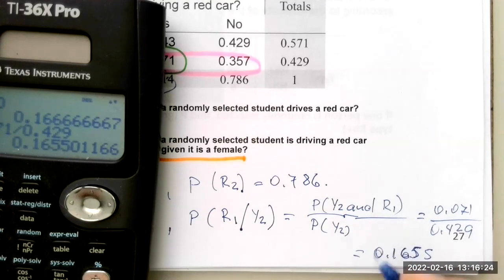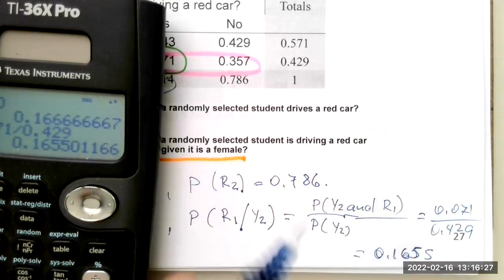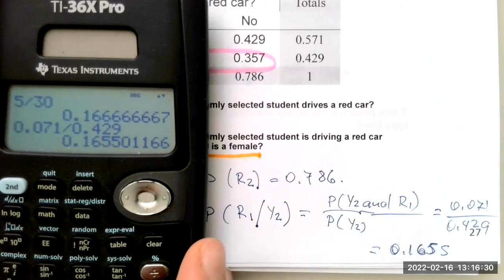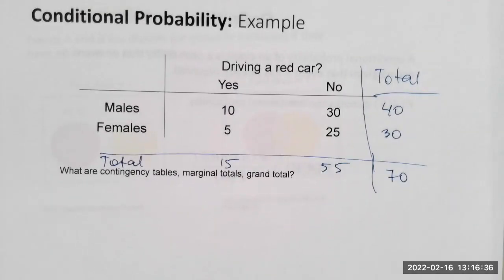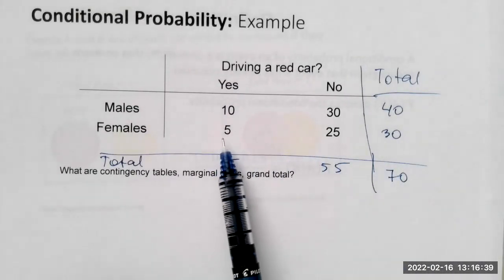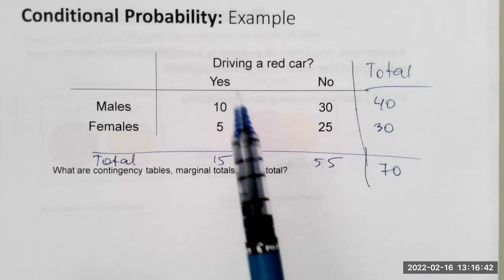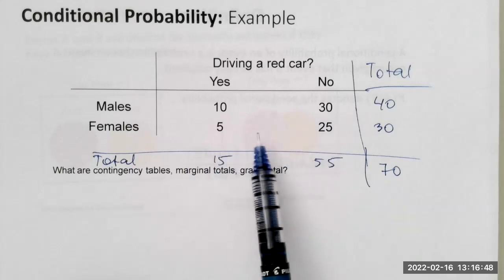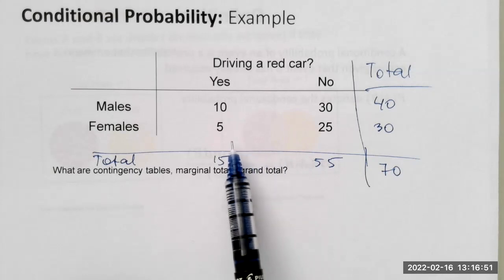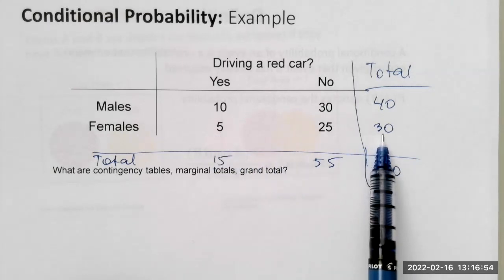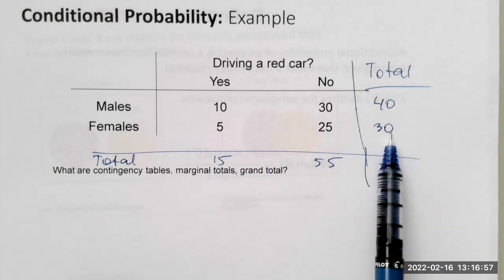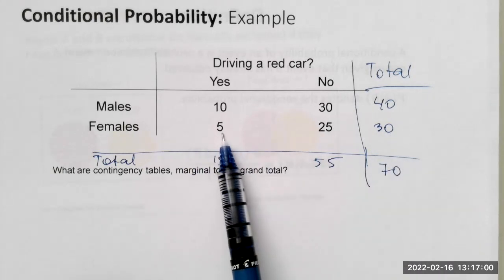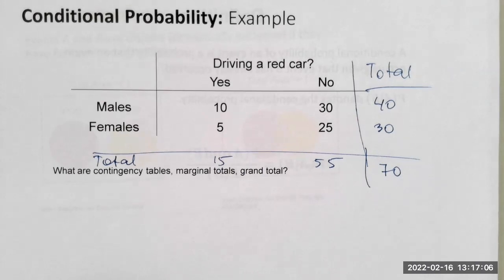Now I want to explain the numbers that I have on top right here. These are the numbers using the counts from the previous table. In the numerator, I got the 5 females who are driving red cars. Again, I'm not looking at males at all because I know the person who was selected was a female. So out of all females, how many drive red cars? There are 30 females altogether, and 5 of them drive red cars. So my probability would be 5 over 30, which will give me